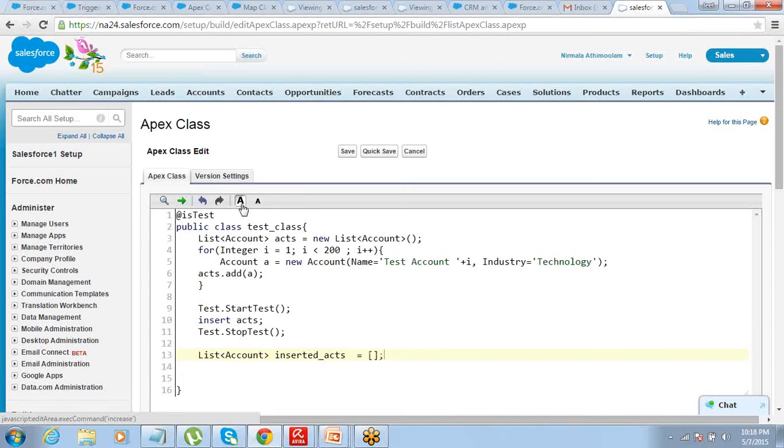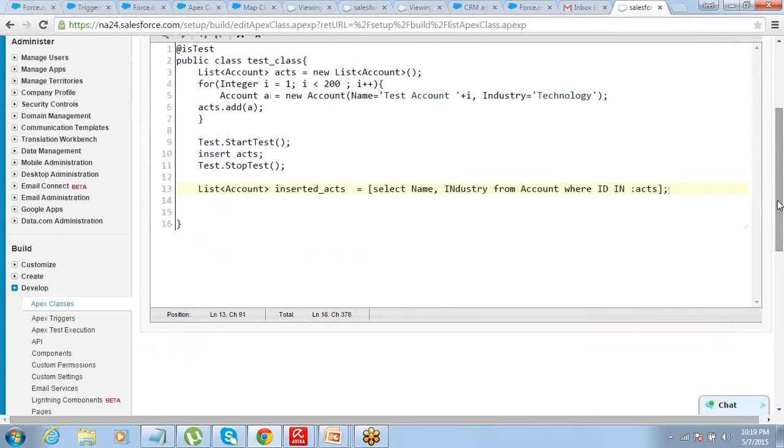Now I say select name and industry from account where ID in accts. So my SOQL query works with this variable, and this was defined by me, right? These are all the records which we have created. So we don't have access to the data in the database. We are still dealing with the data that we just created.